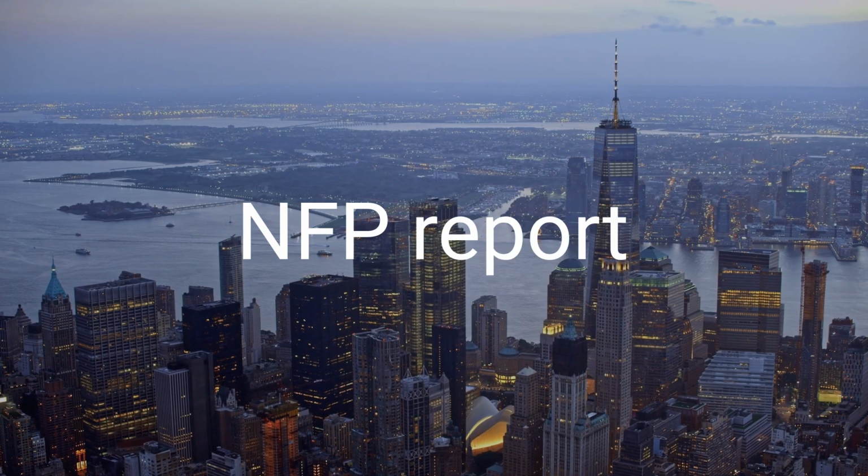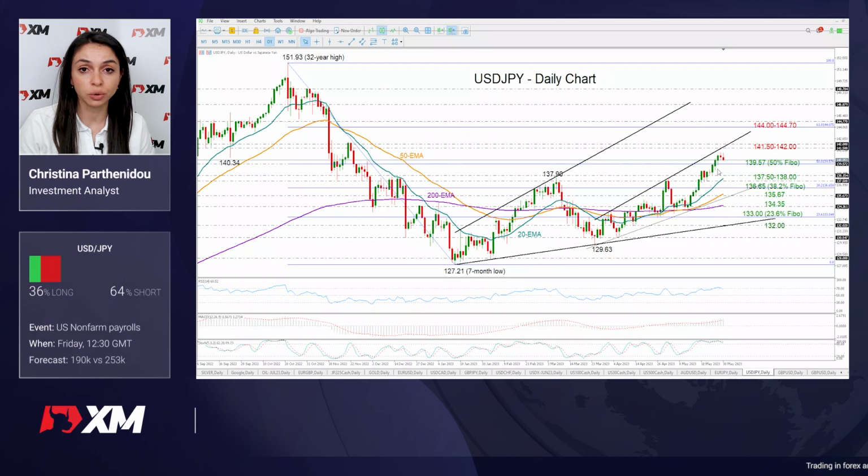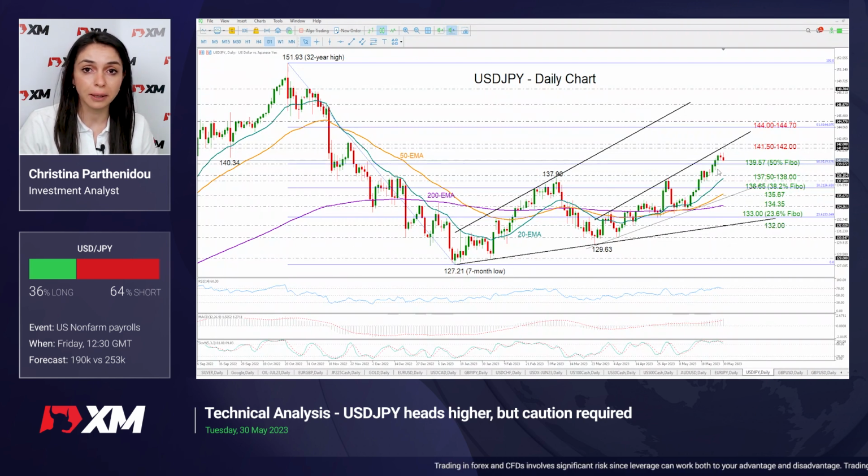And starting first with dollar yen and US non-farm payrolls report. Well, forecasts suggest a slowdown below 200,000 for the US jobs growth. But investors might anticipate an upside surprise given that the previous releases have been beating expectations. So if that proves to be the case, if we get another upbeat employment report in the US, dollar yen